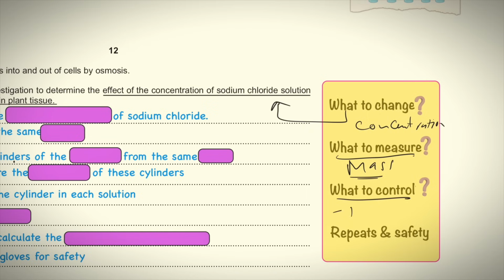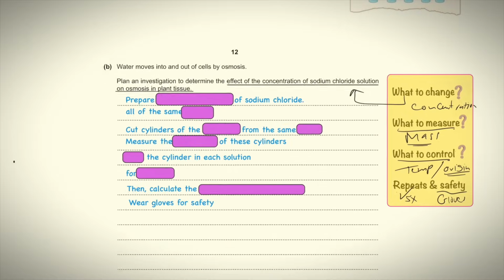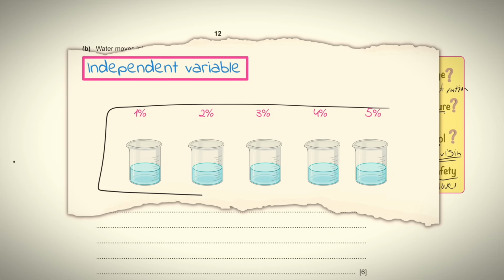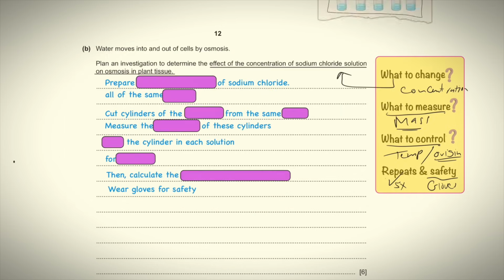What to control? As always, I can control temperature. I can control the origin of the plant tissue I'm extracting. And as always, I repeat 5 times and I write safety. Since I'm cutting potatoes, I wear gloves, for instance. So this means I now have a clear idea of what I'm going to do. That's my independent variable, a series of different salt solutions. My dependent is going to be, I'm going to cut some onions or potatoes. I'm going to cut them into